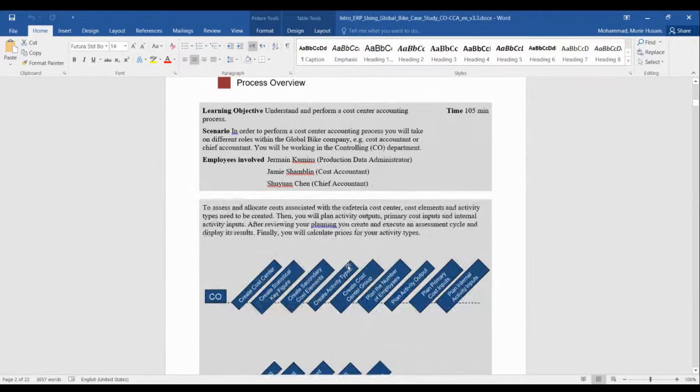So what is the process overview? This is what we'll be doing in this case. So these are the steps basically in order to complete. What we will do is, first of all, you have to assess and allocate all those costs which are with the cafeteria cost centers, right? How we are going to create this cost center, and how are we going to allocate those costs to other departments. So what we need to do is, you have to create,